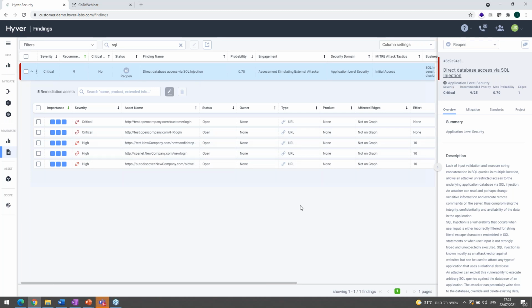I know that sometimes you are working with external teams. For example, let's say all those applications were developed by a vendor and you don't want to give them access to Hyver. You just want to give them a very detailed list of all the applications and all the pages that you need to take care of when it comes to SQL injection. So here, this is the first way to share information